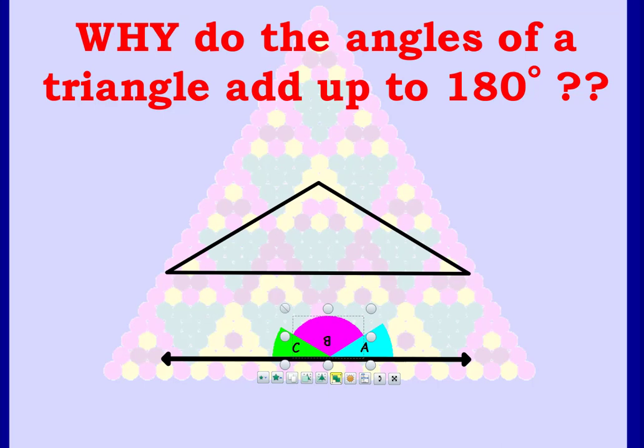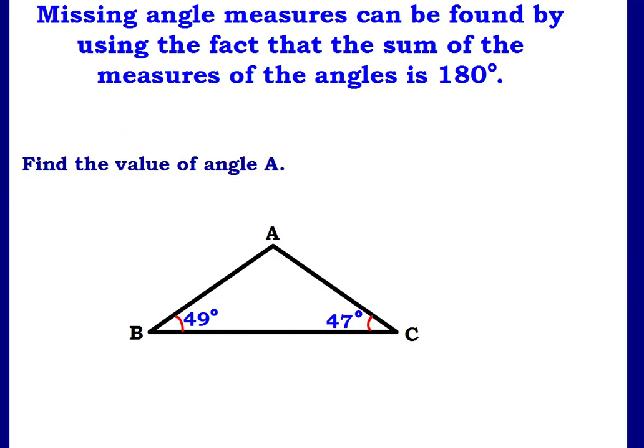Now remember, the measure of the angle when I put them together is this whole angle right here. Okay, that makes the angle. It goes from this right side over here to the left side, and it creates a straight line, which is 180 degrees. So we can find missing angle measures by using the fact that the sum of the measures of the angles